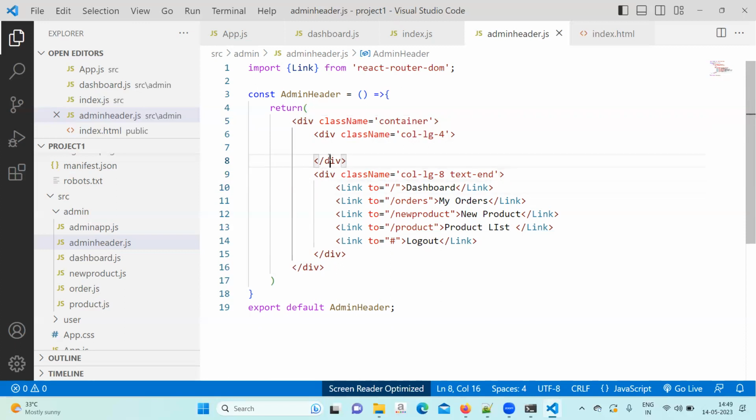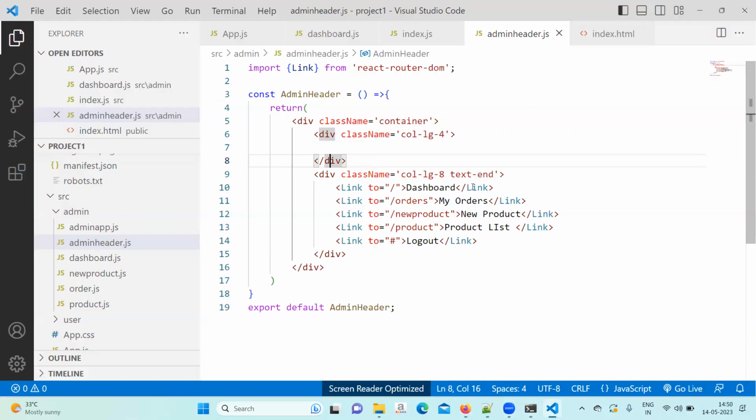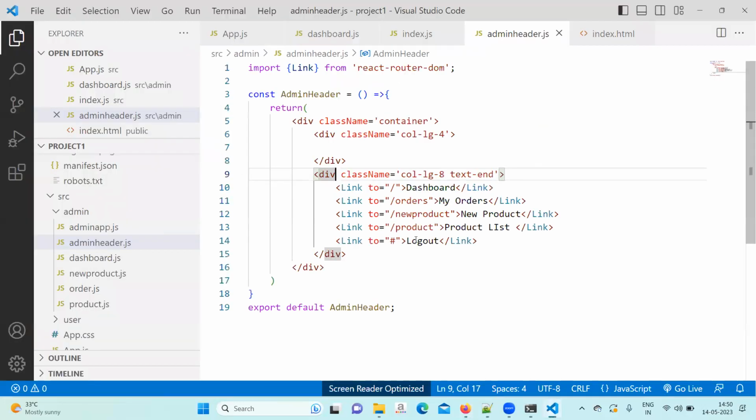Okay, I've written 8 and 4. Now under the 8 you will find the navigation will come. Text-end we have written, class equal to text-end. It's not moving to the right side. It should print on the right side. Text-end. Okay, we can see. Now for